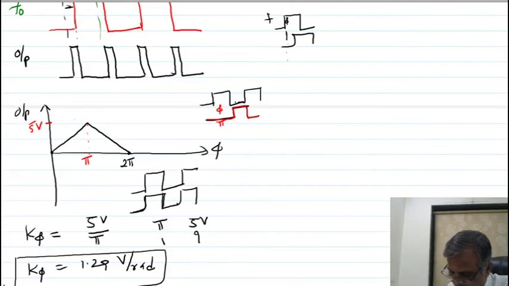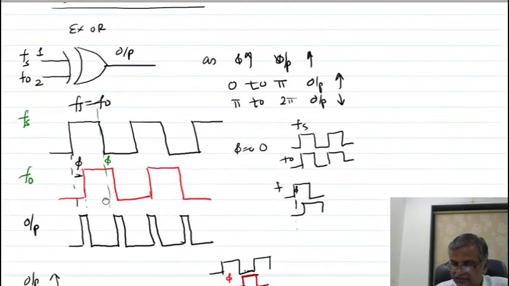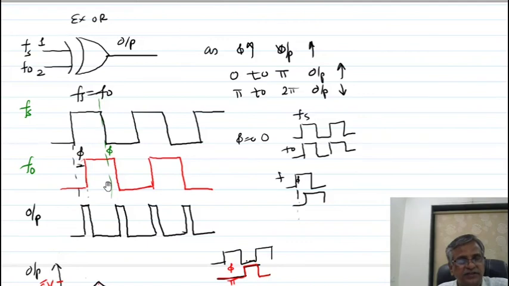So this is your discussion of the digital phase detector. It is very simple. Lastly, I am telling you a few important lines. Exclusive OR gate can be used as a digital phase detector. In this digital phase detector, one input, the input Fs, is given to any one input pin. The output of the VCO is given to input pin number 2 and the output is measured. This is used when both the inputs are square waves. This is a square wave I have shown, both the inputs are square waves.